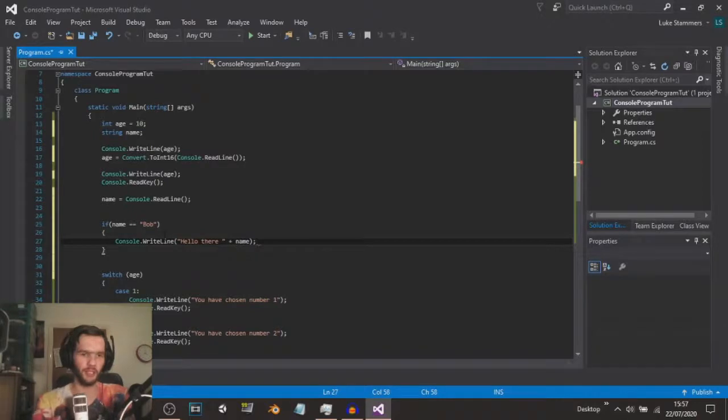Now what that's going to do is write to the program "hello there", and it's going to access the name variable from over here, which we have typed in as Bob. So it's going to say "hello there, Bob". But if we typed in, for example,